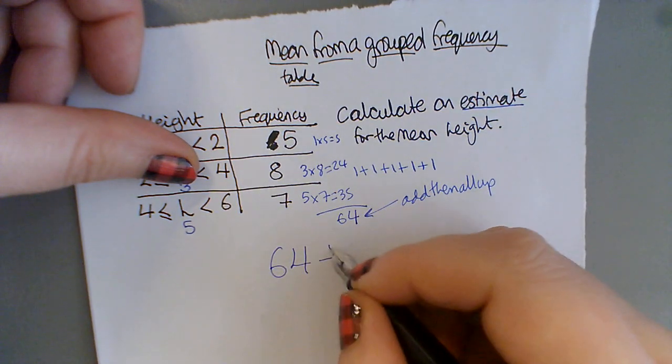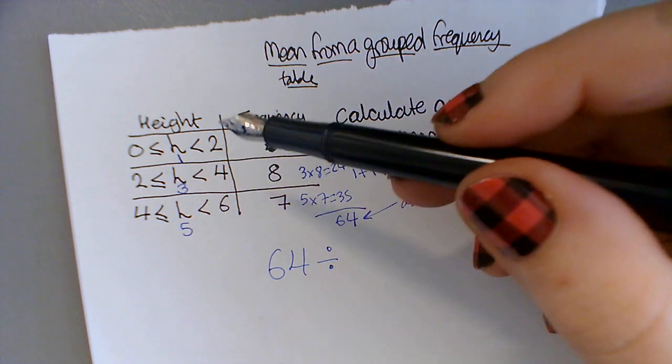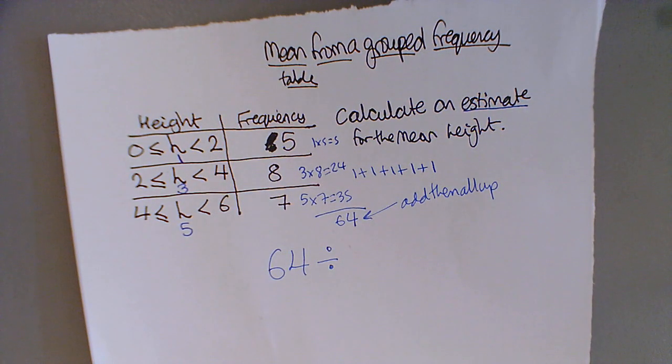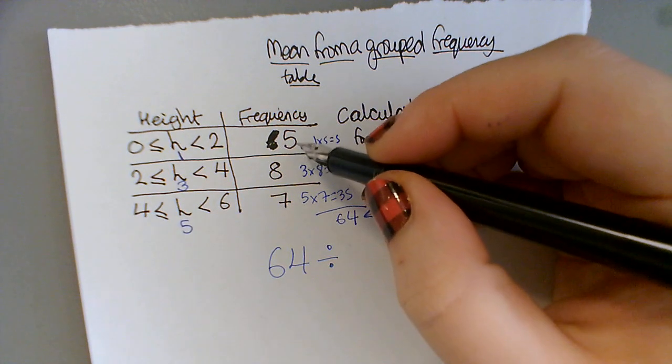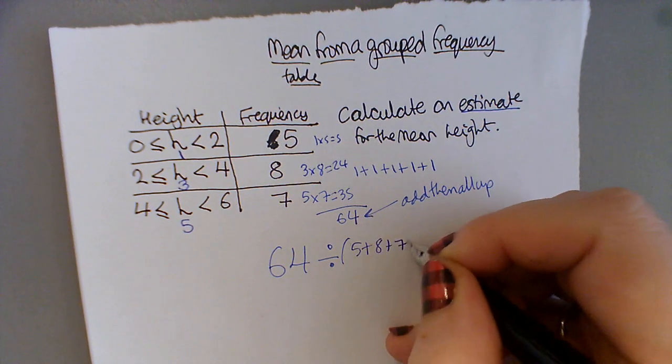And I need to divide by how many there are. Now, some people want to say there's 3 because there's 3 groups here. But that's like if I asked you how many students are there in year 11 and I said, well, there are 7 classes. You'd give me a bit of a funny look because that doesn't help you. You want to know how many are in each class and then add them up. So we've got 5 in the first class, 8 in the second, and 7 in the last. So that gives me 5, add 8, add 7. That's your total